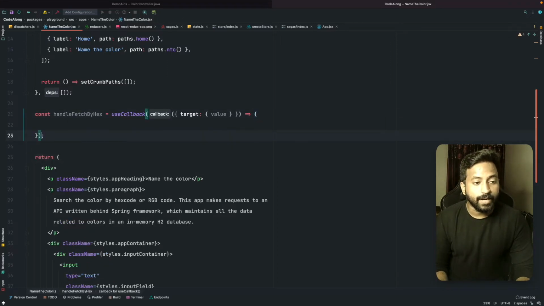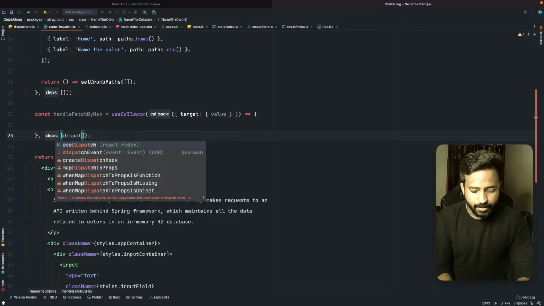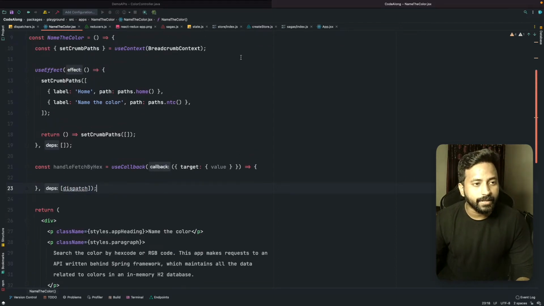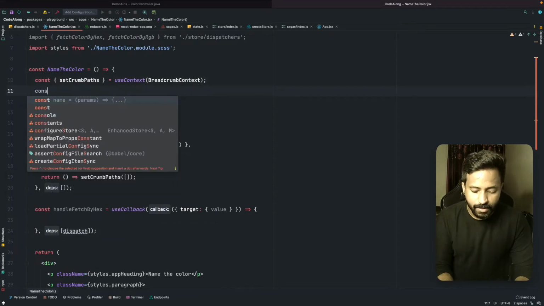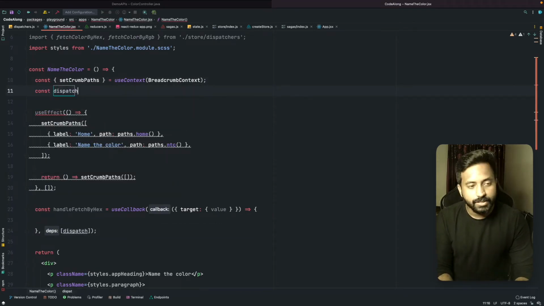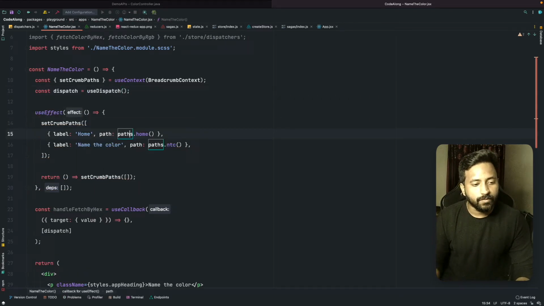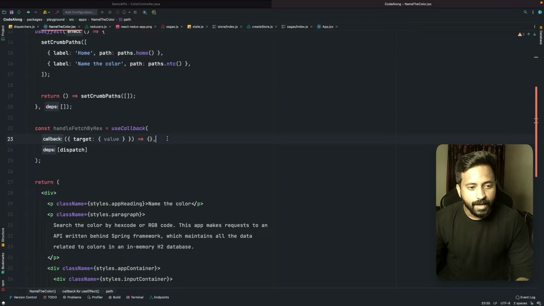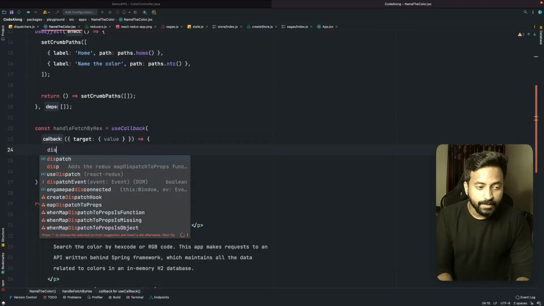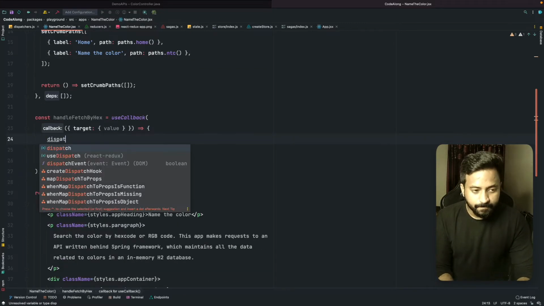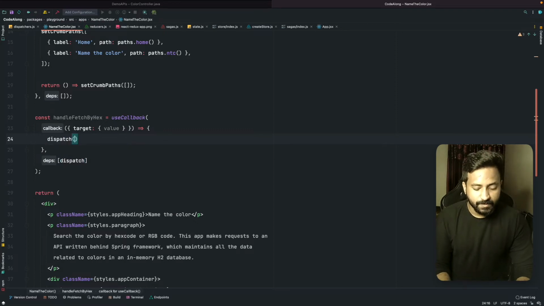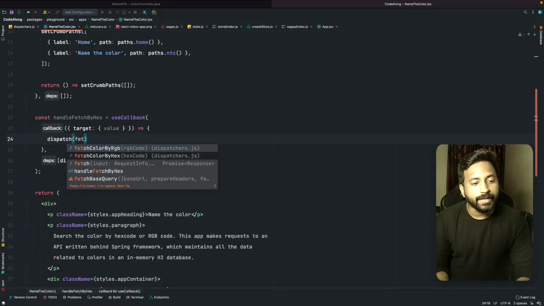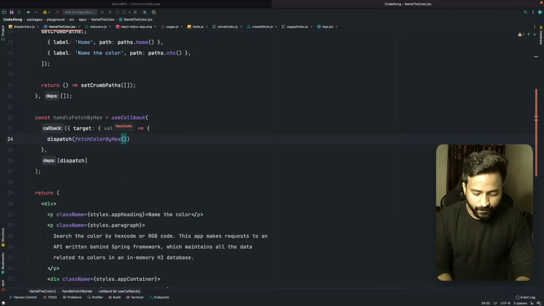useCallback for handleFetchByHex, we are gonna have dispatch over here as a dependency, but we don't have any dispatch defined yet, so we'll create a constant dispatch which is gonna be useDispatch. All right, so now we have the dispatch instance, and all we need to do is dispatch fetchColorByHex, and whatever the value that is there inside this will be the hex code.